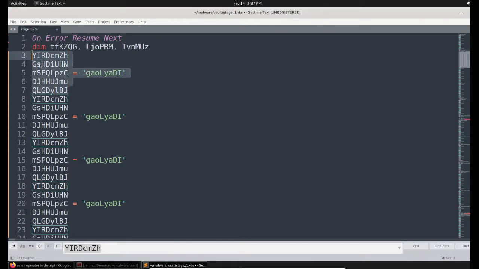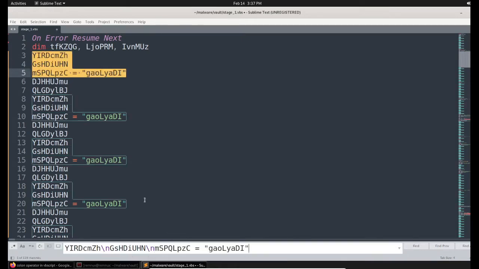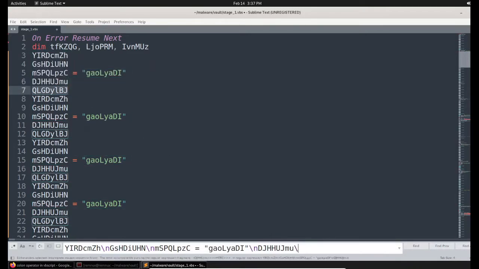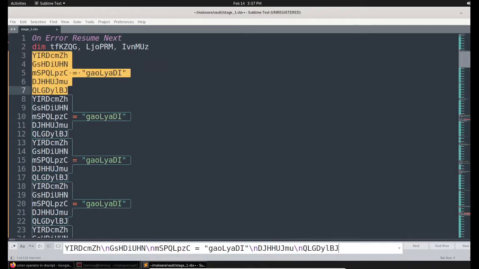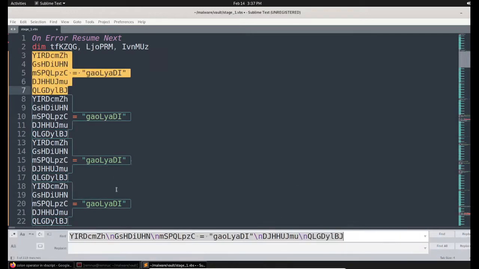So this is the list of strings that we need to remove, and to remove that, I'm simply copying and pasting this with the new line character. Now I need to replace it with an empty string.